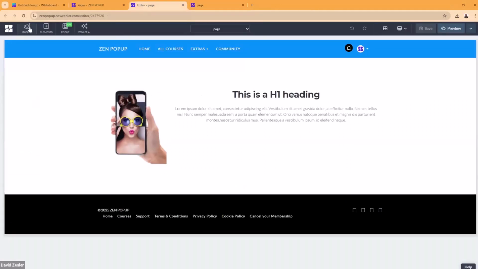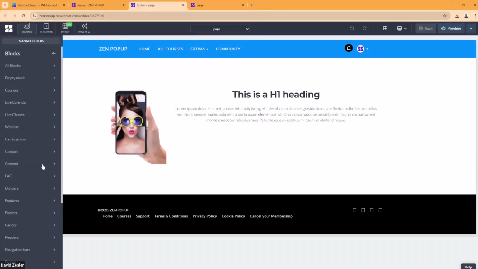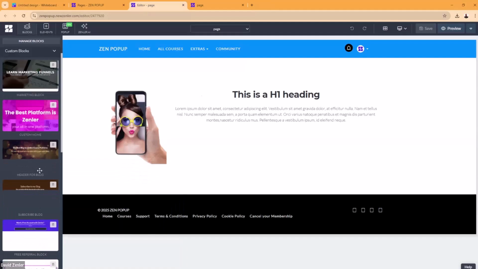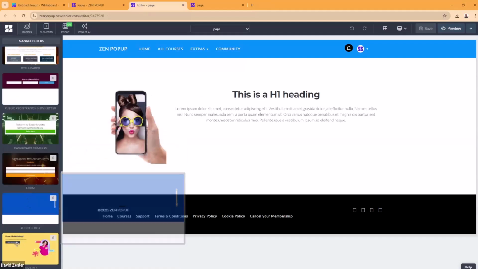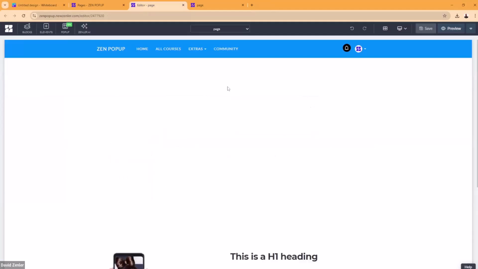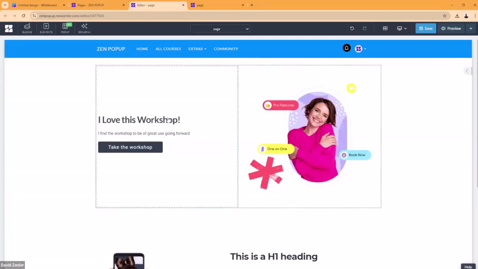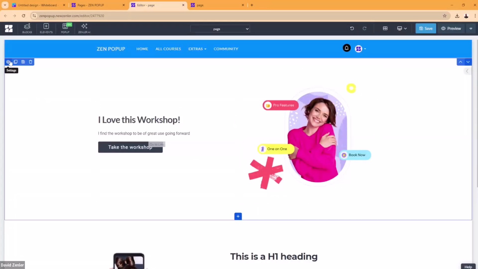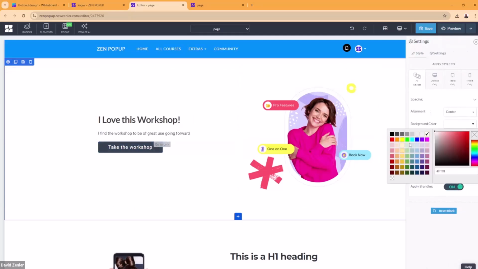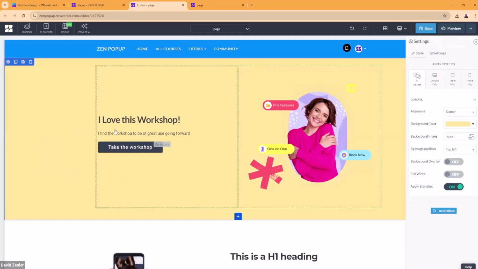But if I want to add that custom block I just saved, I open blocks up, scroll right down to the bottom, hidden away there, it says custom blocks. If I open that up, you're going to see that my custom block is here. I can click, hold that button and drag it across, and I've now got my block inside here. Sometimes it loses the color because of the branding thing that goes on, so you might need to go in and reset that color back in there, but that's a really good way of doing it.